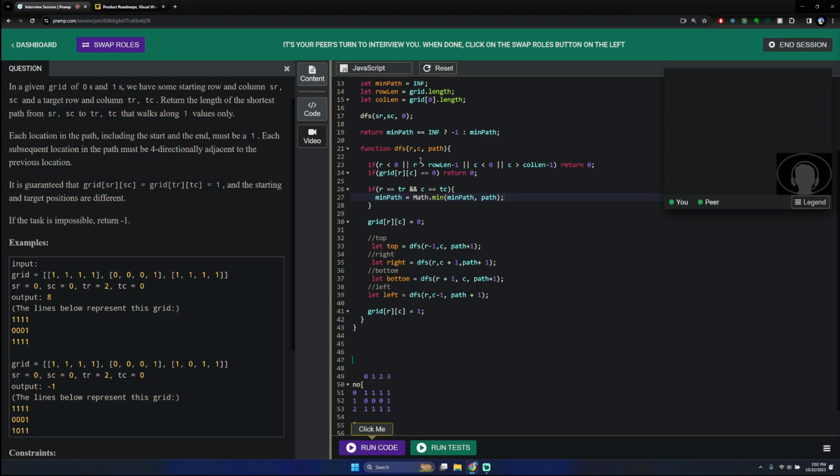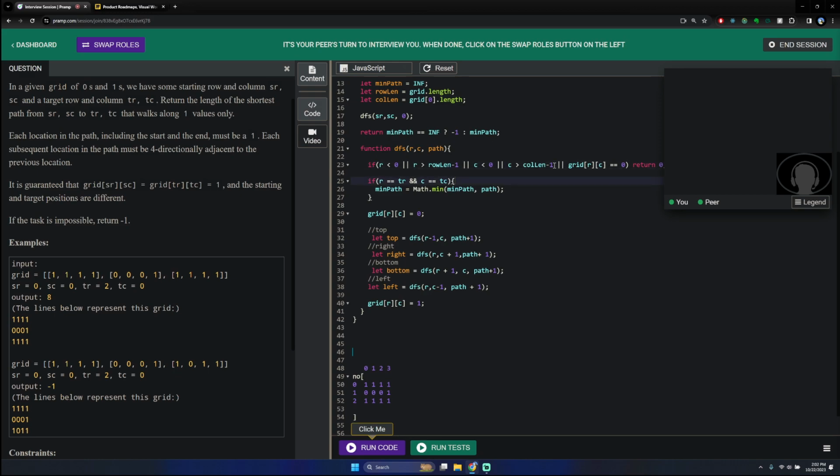If I'm missing any edge cases, I guess I can just move this guy here. So if I'm not missing any edge cases, then this should be good,